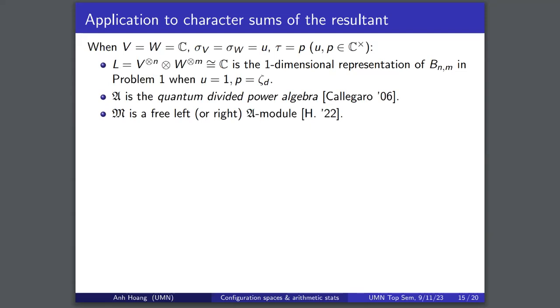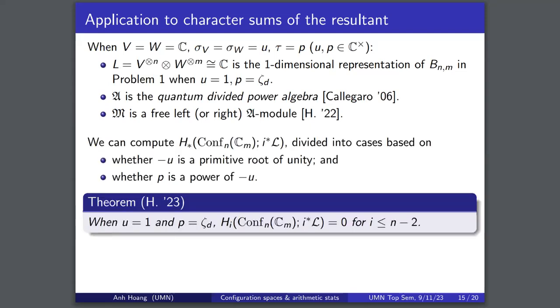And we show that the module M is in fact a free left or right A-module. Okay, so because that is free, all the left derived tensor is gone. We just have to look at the actual tensor product. So what we do is that we can compute homology of the configuration space of endpoints on punctured planes with these